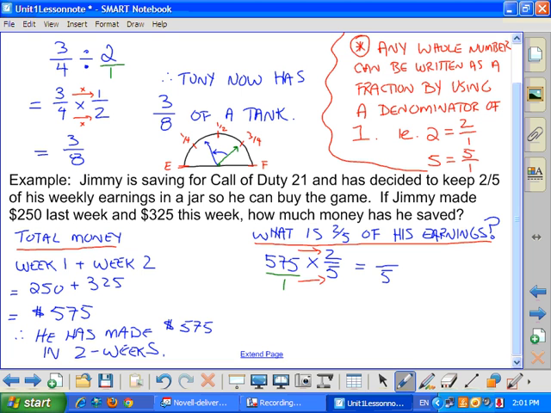And 575, we double that. That's going to be 1150. And you can use your calculator at this point. 1150 divided by 5. So you get a 2, carry the 1. $230. All right. So therefore, he has saved $230,